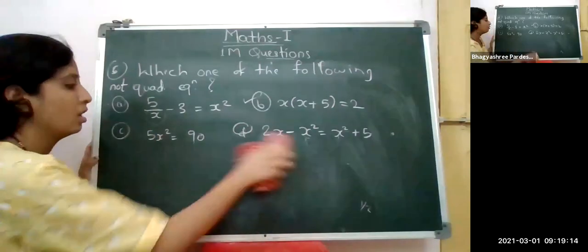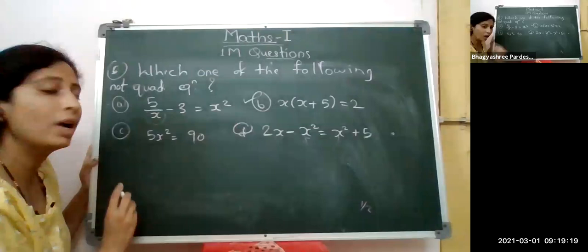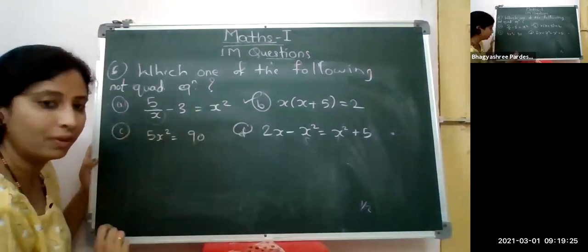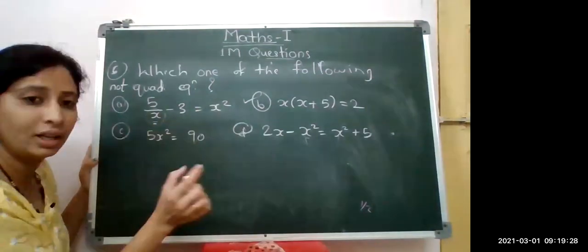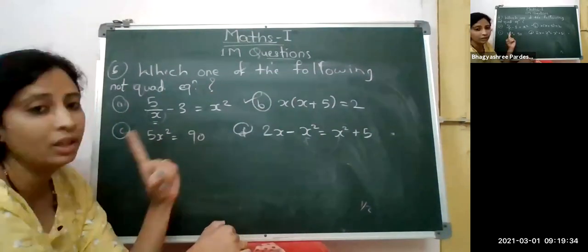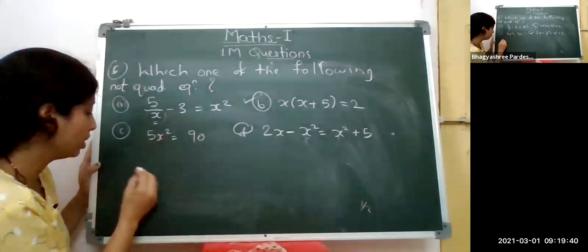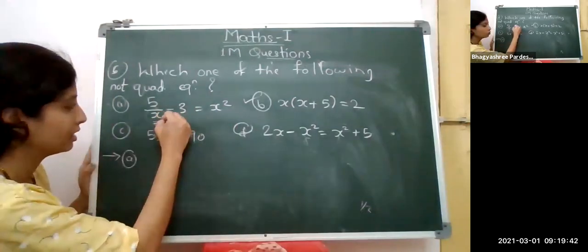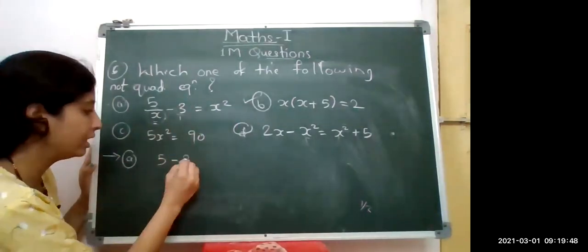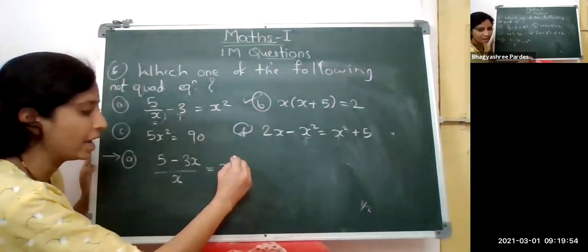Now look here. For the first one, 5 by x minus 3 is equals to x square. Firstly, while identifying or while writing the final answer, simplify that one. So I am going to simplify this. In this denominator we are having a variable. So the first important thing is that in the denominator there must not be any variable. So to cancel that variable, I am just cross multiplying. So here for the first one, 5 by x minus 3, I'm just cross multiplying. Okay, so this is 1. So 5 into 1, 3 multiplied by x. This x square remains as it is.